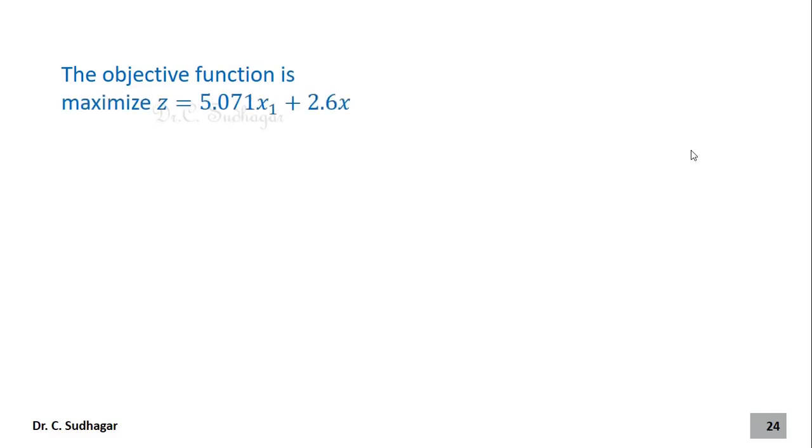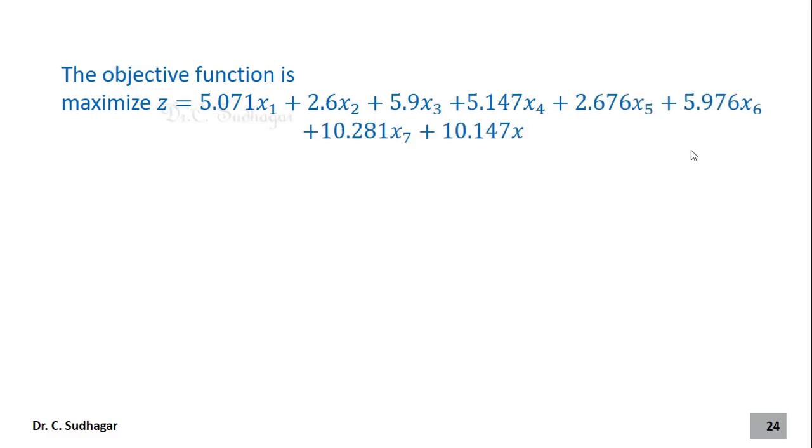So the total objective function is in terms of profit for the manufacturer. Therefore the objective function is to maximize, adding all the profits from each of the different types. This is the profit from milky chocolates, this is the profit from creamy chocolates, and this is the profit from the nuts chocolates.